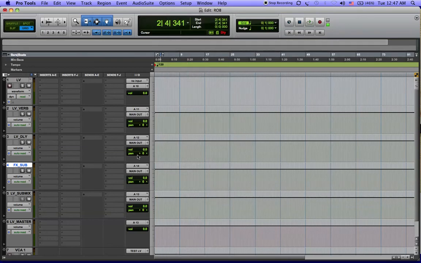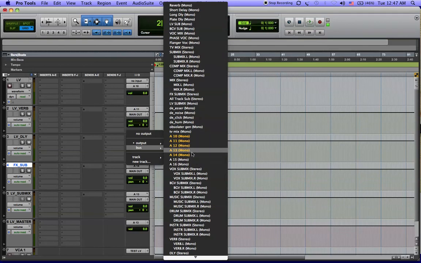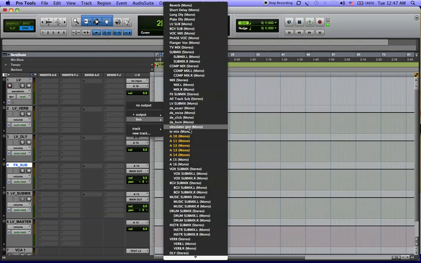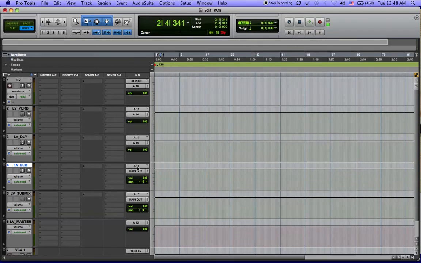So this will go to 14 because this is a delay and a reverb is an effect, so it will go to 14, which would come into here, and then from there we have FX sub, lead vocal sub,